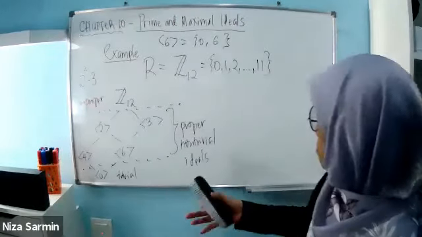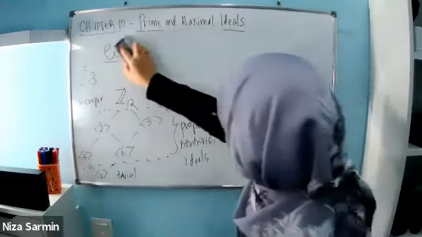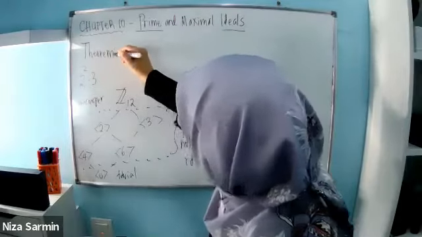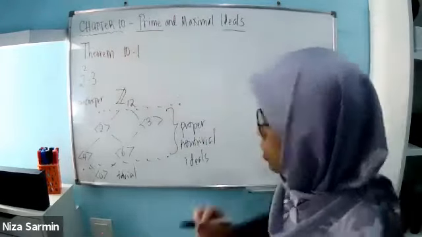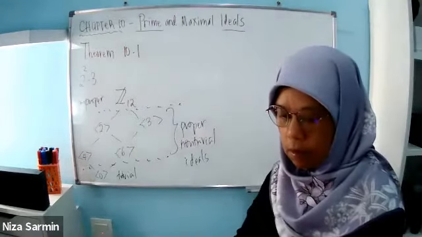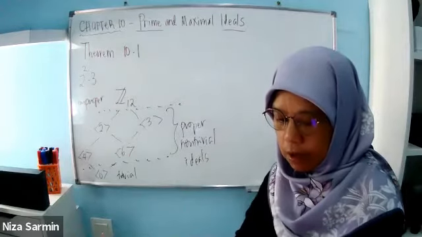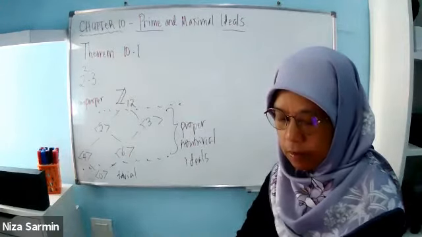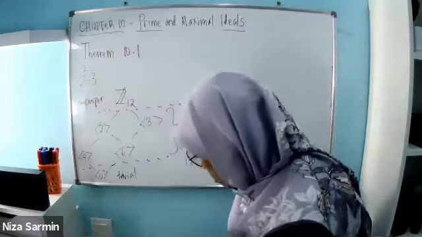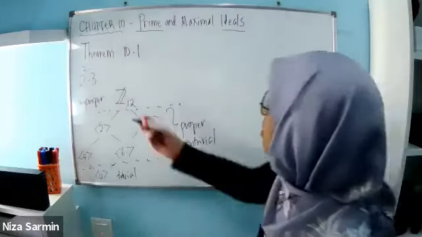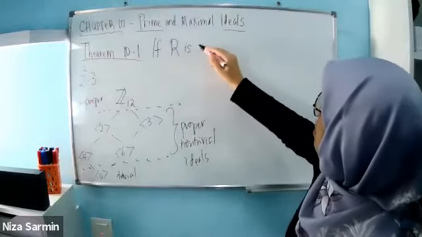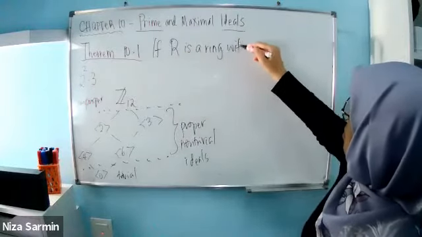Okay, look at the theorem. Theorem 10.1. If R is a ring with unity,